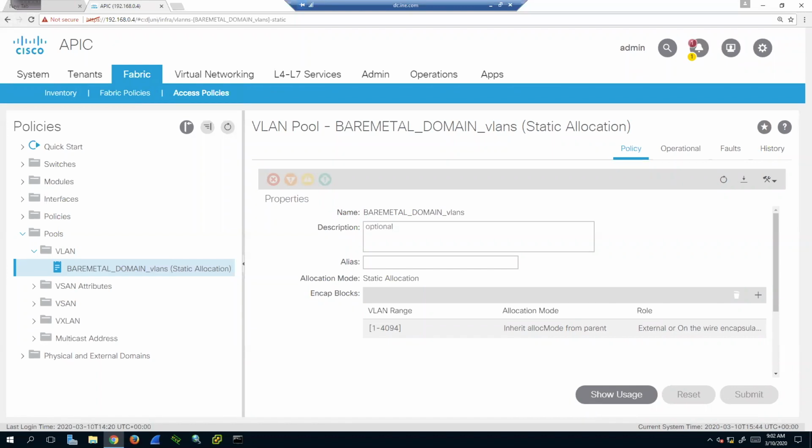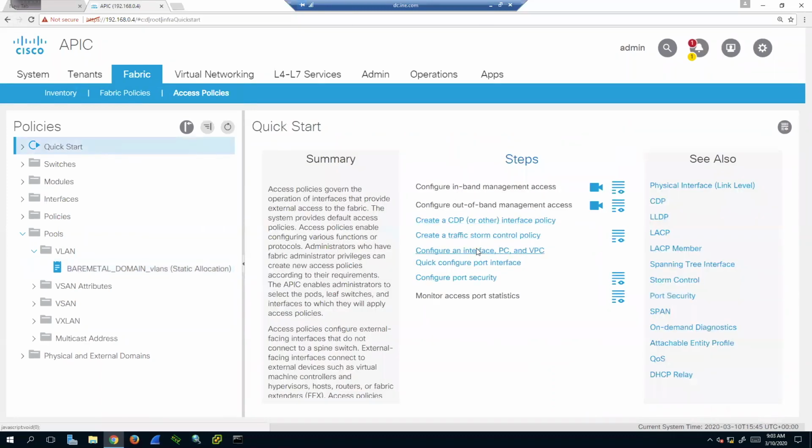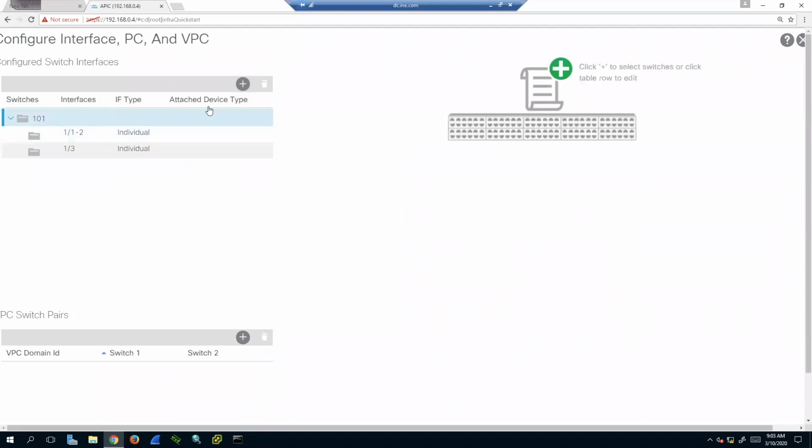Okay, there's a question, are there any specific considerations if you were connecting ESXi with the VDS without VMM integration, or can it be treated as bare metal? Okay, so the key here is that when you go to the Quick Start Wizard,